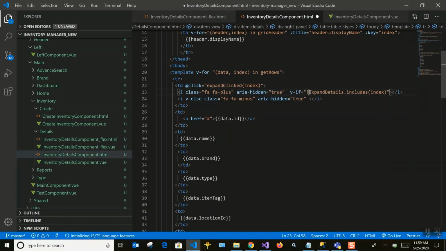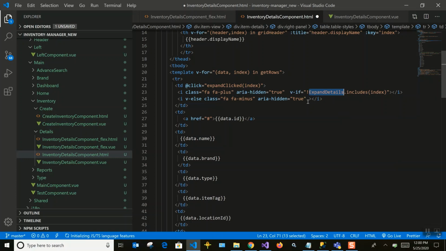And when plus is clicked, once the data is loaded, we need to display the minus on the left side, meaning the plus should be converted to minus. So that's how this condition check works. If the array includes that item, then go for minus, or else show the plus. So like that we are handling the if else condition over there. I hope you understood that toggling part as well. We are using v-if and v-else for that. So that's all about the plus and minus handling part.